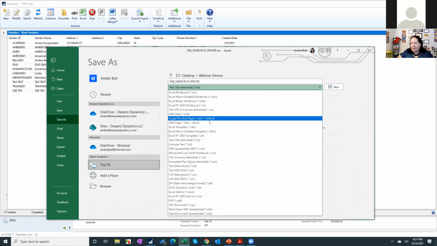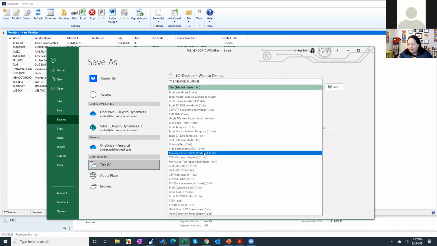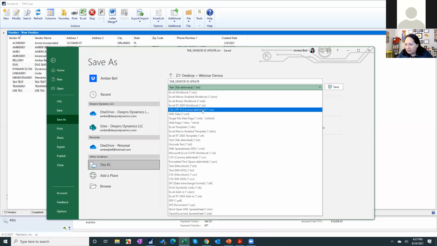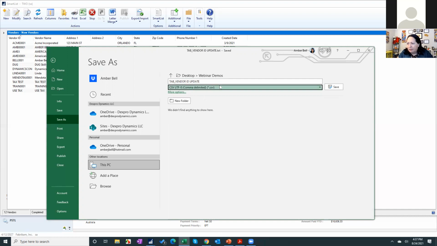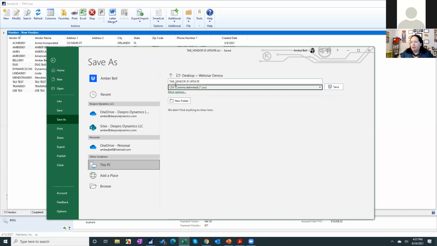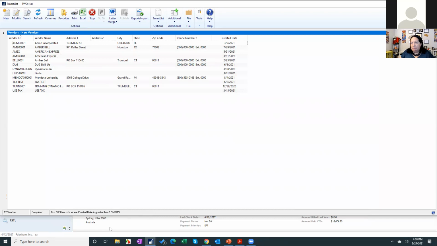And we're going to make it into a text, and it will be a CSV there. I hate how there's 1,000 ones that are CSV, but this is it. Okay. I picked the wrong one. Oh no, there it is. I hate that there's 400. Okay, so we're going to go here and say CSV, and then I'm going to save. And I'm going to close, and I'm going to go into my